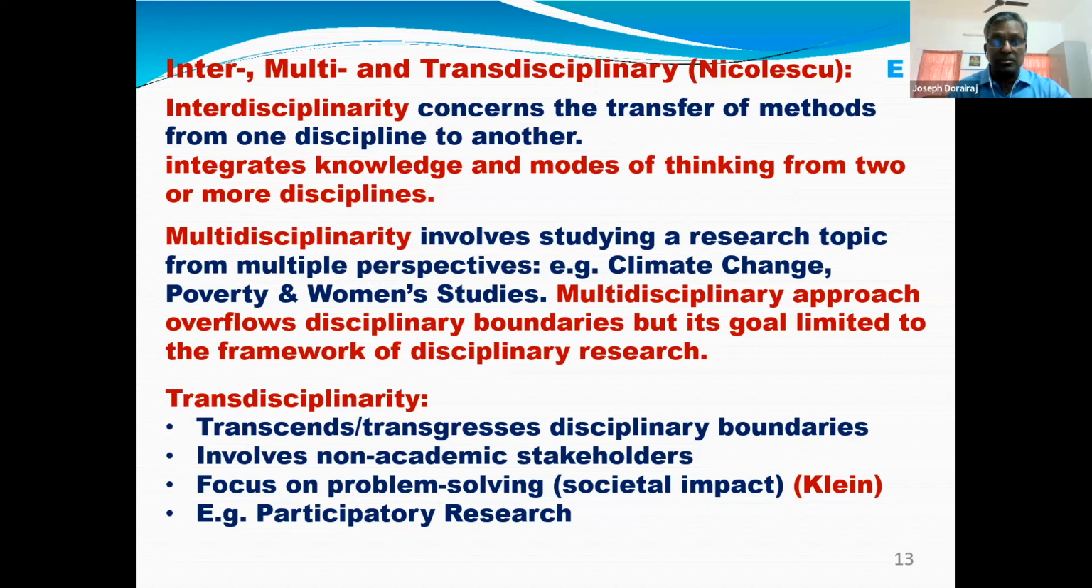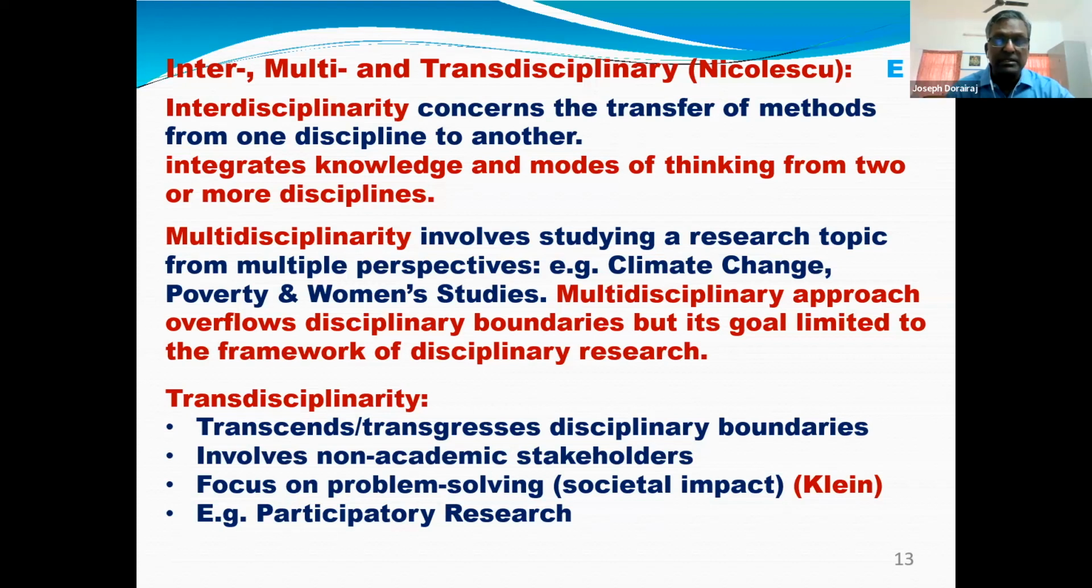So in a discussion of poverty, who are the non-academic stakeholders? People who are living below the poverty line. They are the non-academic stakeholders and they contribute to the discussion more than what the experts would contribute to the discussion. Because the experts would talk only from a theoretical point of view, whereas these non-academic stakeholders, they talk from their real life experience. And number three, unlike interdisciplinarity and unlike multidisciplinarity,